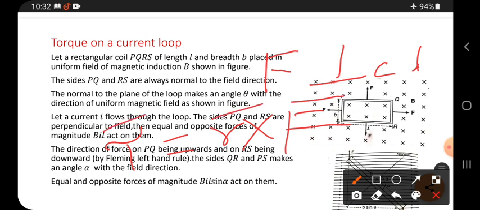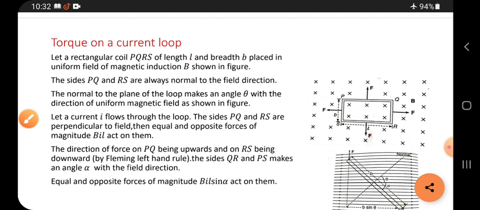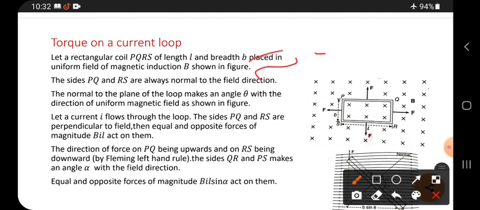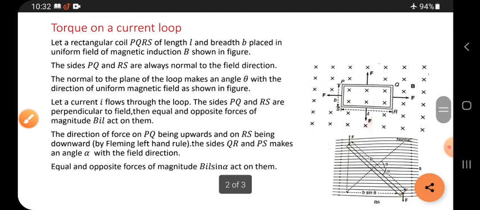It is a cross product. Why? Because r and F are both vector quantities, so finally torque is also a vector quantity. That is why we write tau equals r cross F, where r is the perpendicular distance and F is the force. If the force acts on a perpendicular distance, that is called torque. And if you remove the cross product, we can write r F sin theta, right? Why? Because in a cross product, sin theta will come.